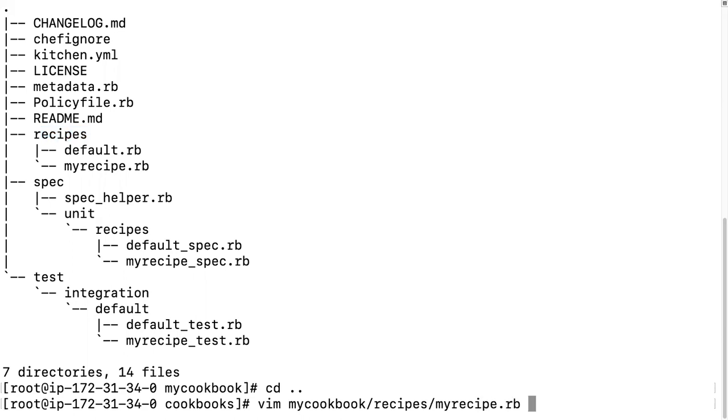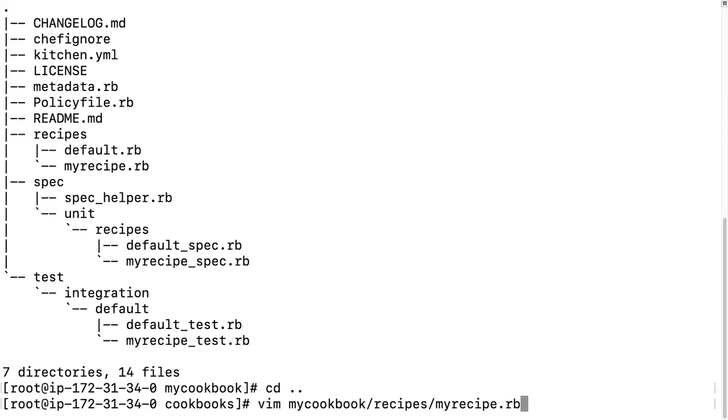If you open it without .rb, then it automatically creates a new file with the name my recipe. So whenever we need to write code in the Ruby language, .rb must be included here.